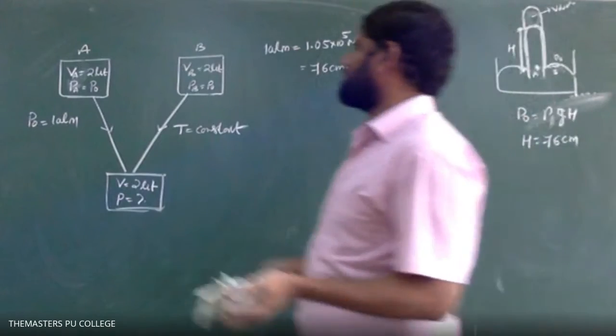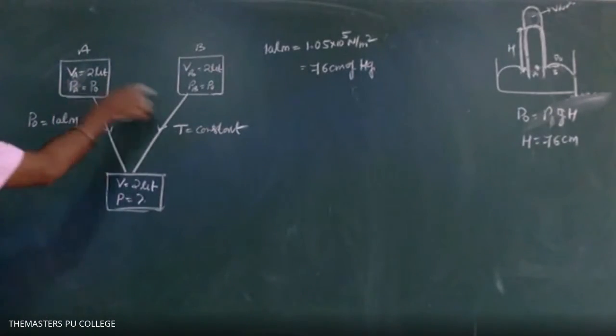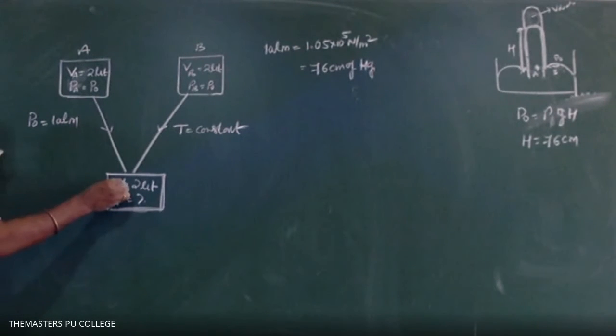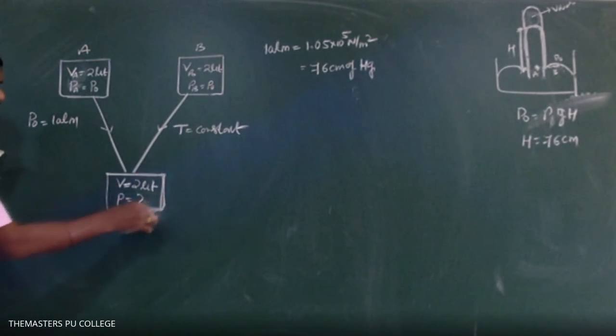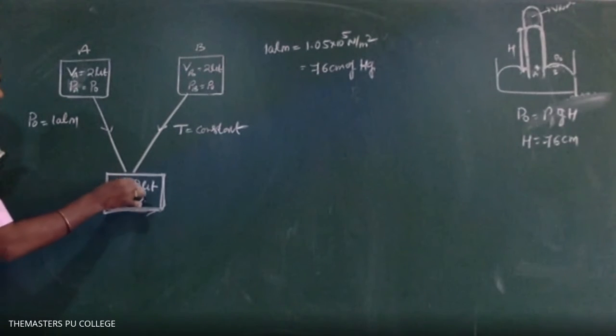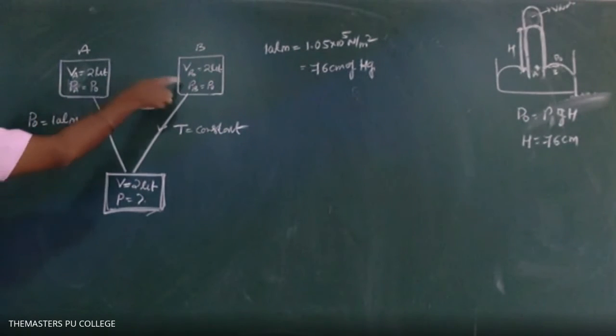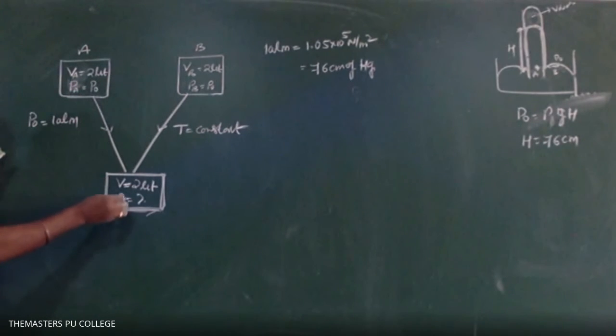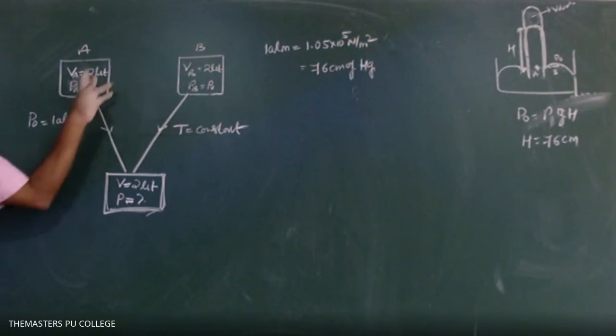Okay, so therefore, here these two gases are mixed together. Then the resultant volume is nothing but the volume of this container. This container volume is 3 liter only. That's why these two gases have to be adjusted within this. And what is the resultant pressure they are asking? So hence, these two gases are mixed together.